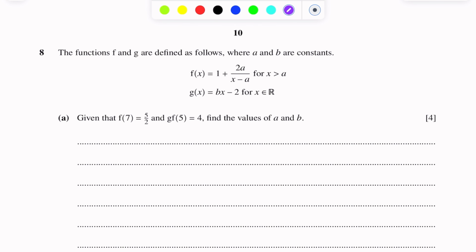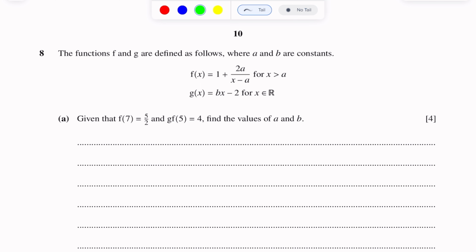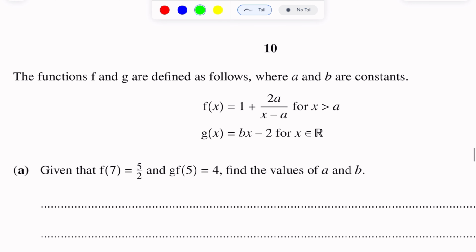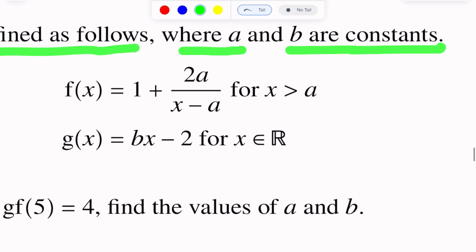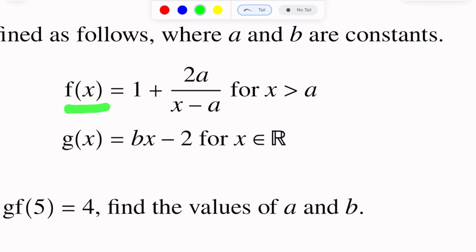Question number 8. This question is of functions. The functions f and g are defined as follows, where a and b are constants. Function f(x) is equal to 1